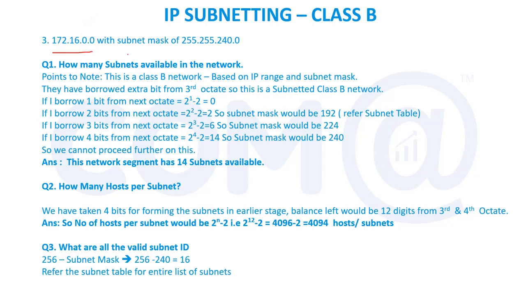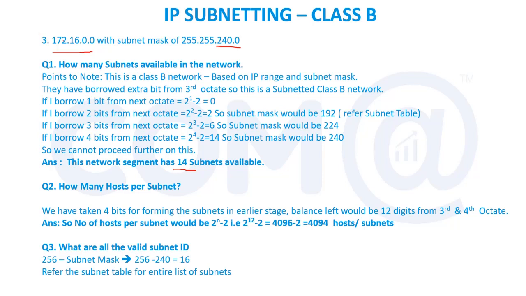Same subnet, I'm taking 240 as an example. The subnet mask is getting changed. Since you have gone through multiple examples, you have to directly say how many bits you have to borrow. For 1 bit 128, 2 bits 192, 3 bits 224, 4 bits 240. So you can directly say I will borrow 4 bits, right? I require to borrow 4 bits for getting this subnet mask. So 4 bits means 2 power 4 minus 2 is 14, and I can easily conclude that I can form 14 subnetworks under this one mask network.